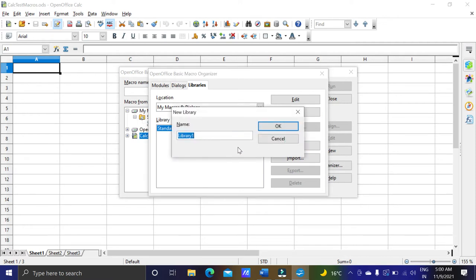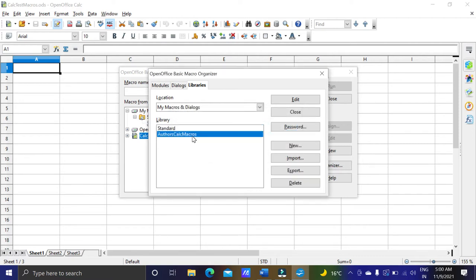So click on new. It will ask you to write the name of the library. In this new library dialog, we are going to write the name of the library. As per the book, it is authors calci macros, and then we'll click on OK.